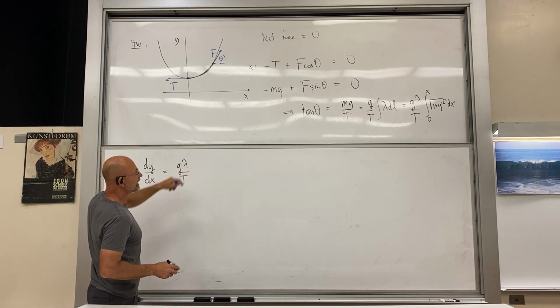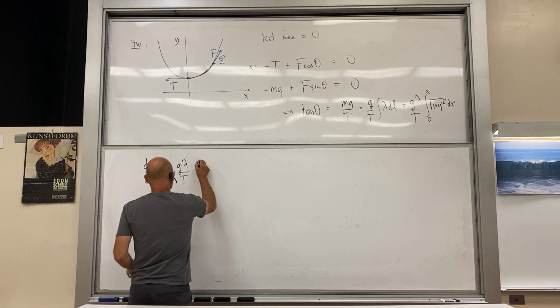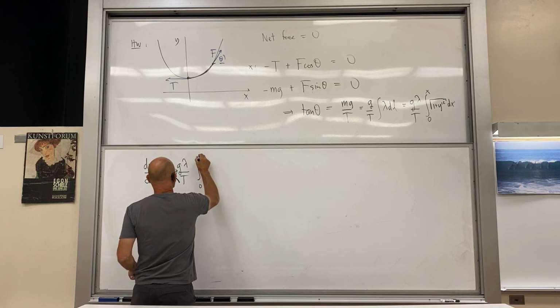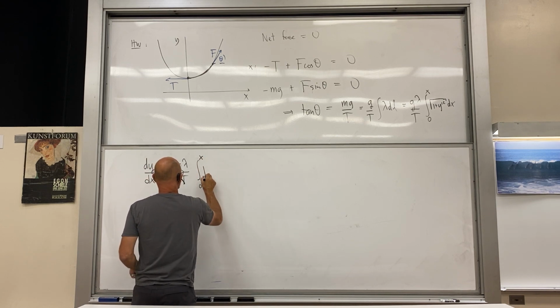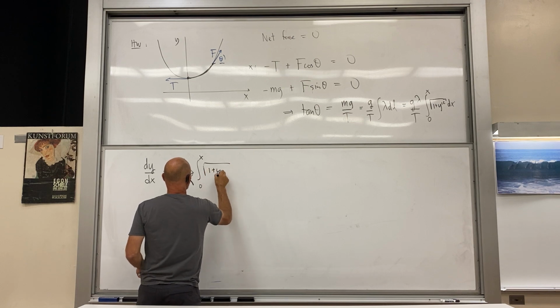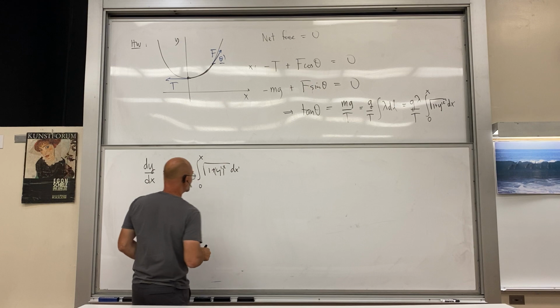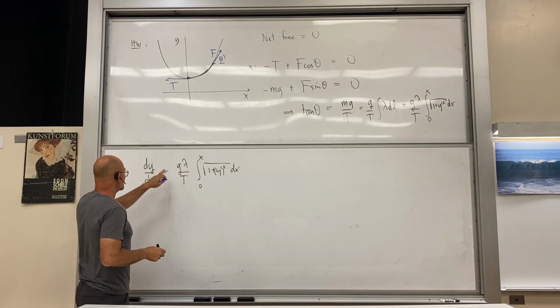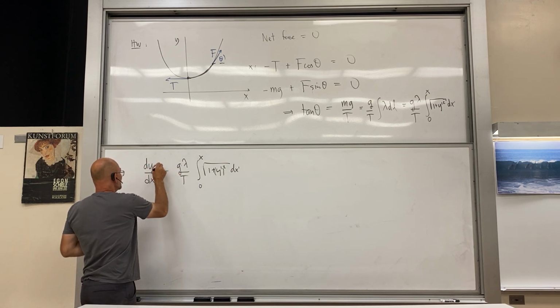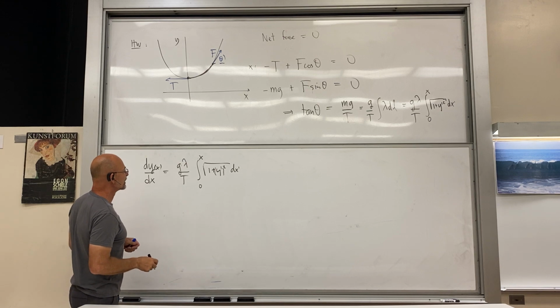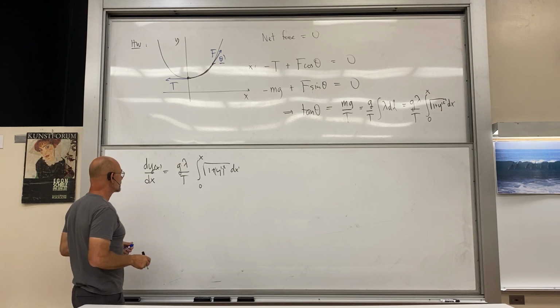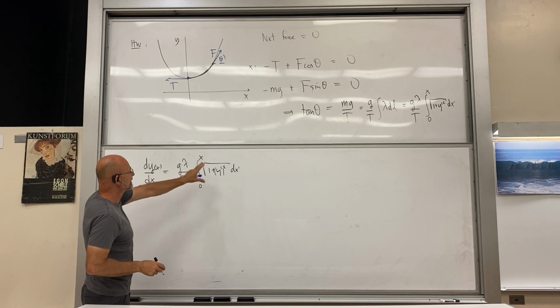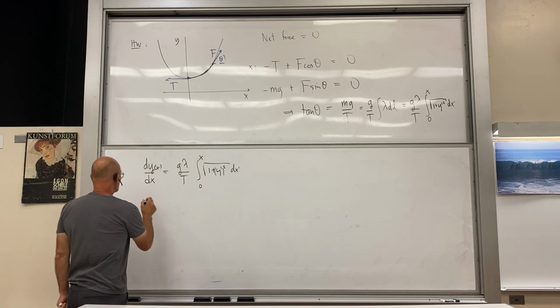So everything constant is pulled out here, and then we have this integral from 0 to x of root 1 plus y prime squared dx, but x is an integration variable, and the upper boundary there is the variable. So there we have it. So what are we going to do there? Derivative, integral. So the next